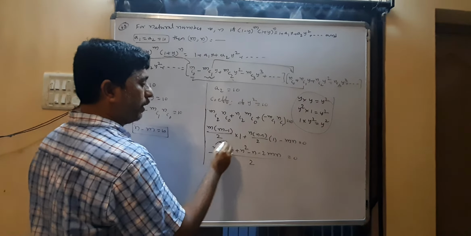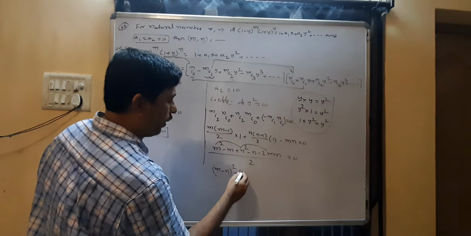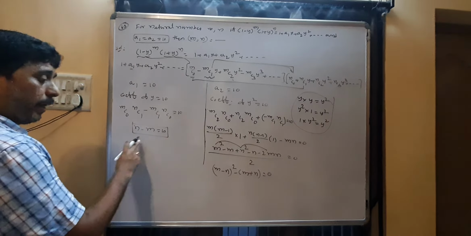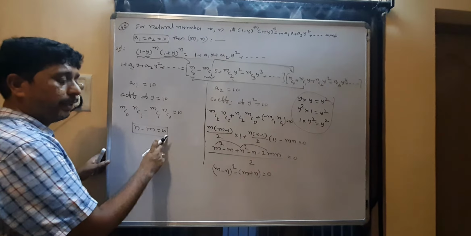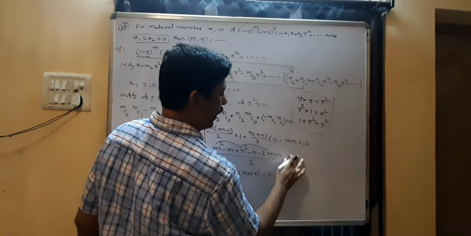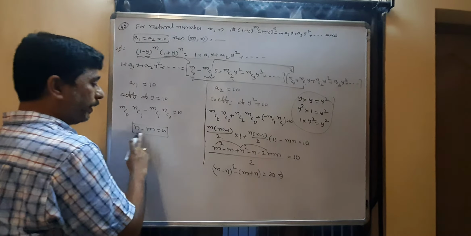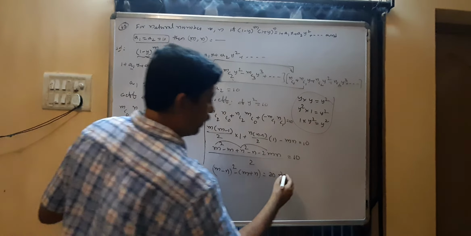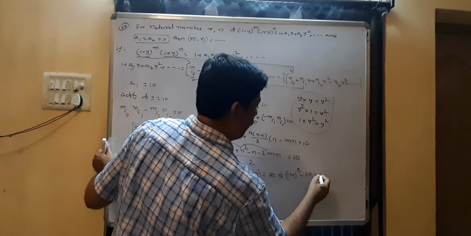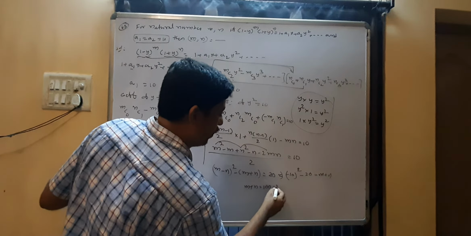So these three are from the three terms: m square plus n square minus 2mn is (m minus n) whole square, minus of (m plus n), the remaining two terms, equal to 20. M minus n or n minus m are the same up to sign. N minus m value is 10, so m minus n is minus 10, whole square. Right side they gave 10, so 2 into 10 is 20. Minus 10 whole square minus 20 equal to m plus n. Therefore m plus n equal to 100 minus 20, that is 80.